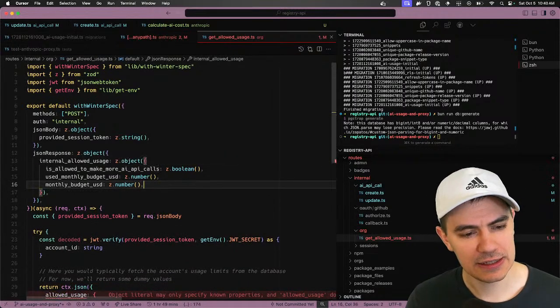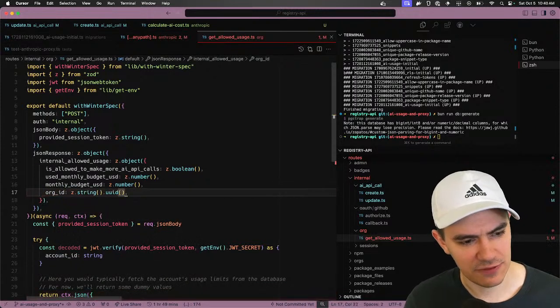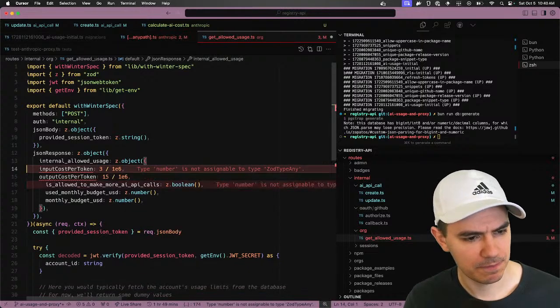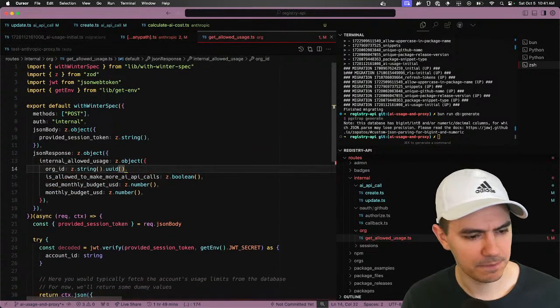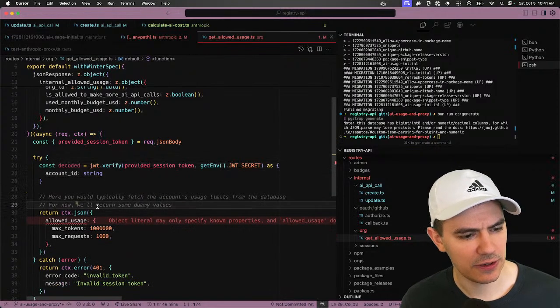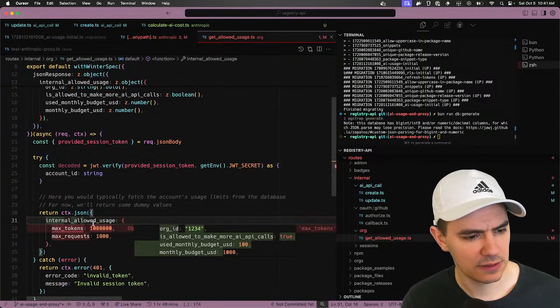Oh, the org ID. We're going to automatically do that just to save a round trip. Oops. Bad paste. There we go. Okay, so we decode the JWT.